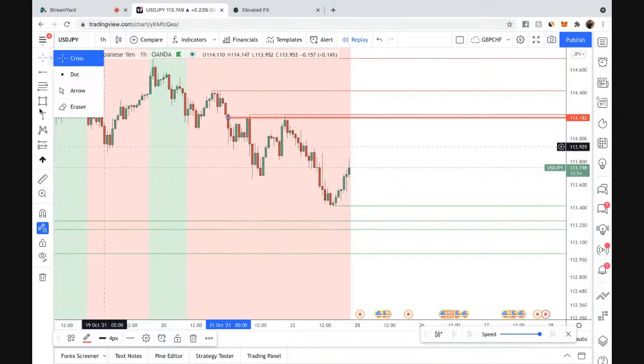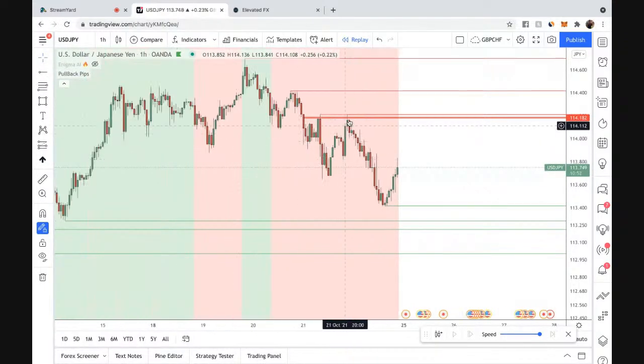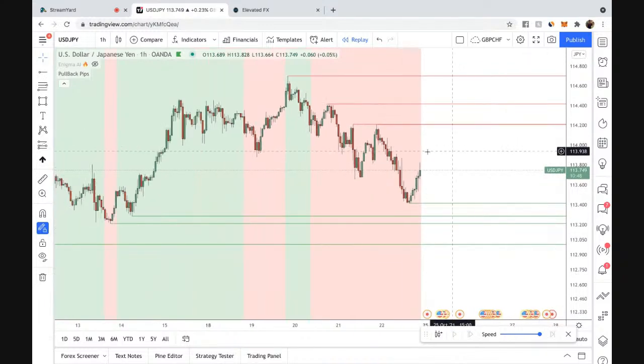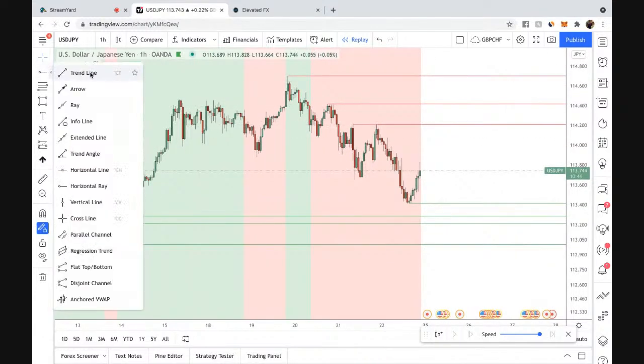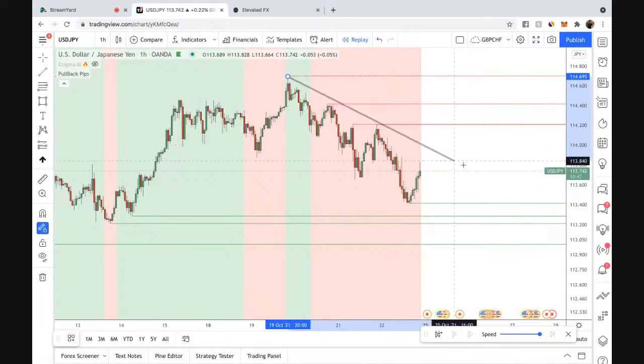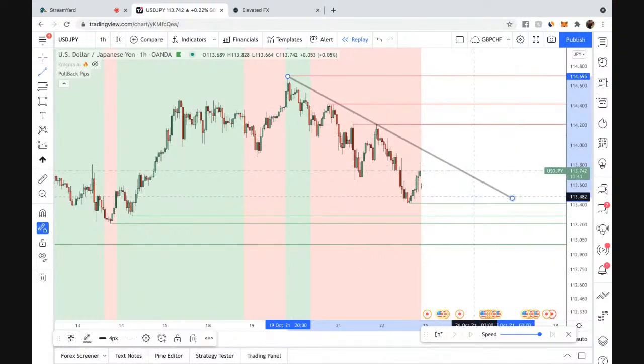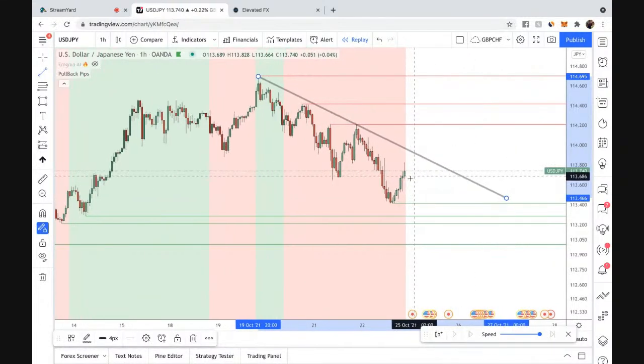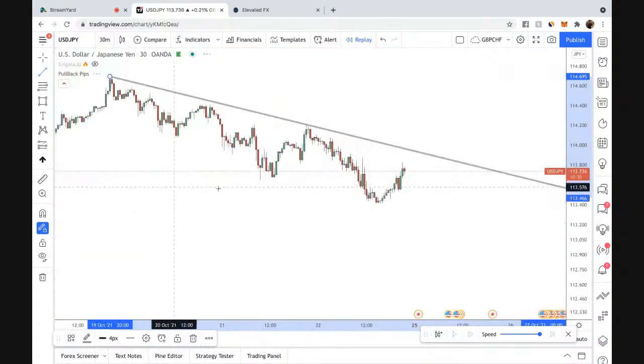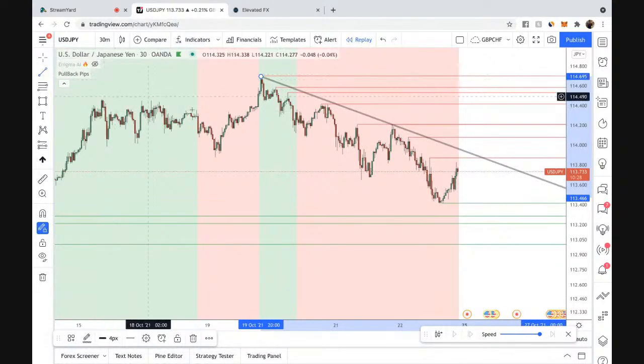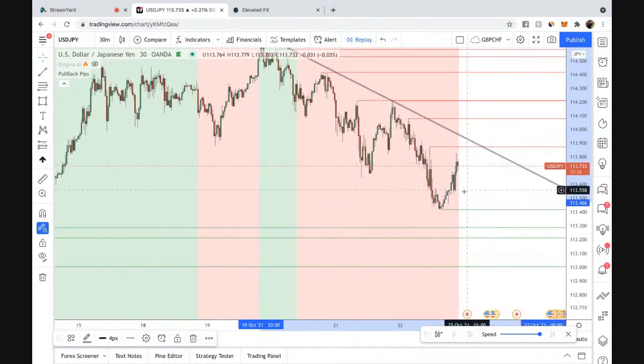Looking at this UJ, I'm going to keep this one very tight, because I know it could easily try to come up into these levels. But as long as you can restrict the market, it's going to help you at least measure what's happening. And if you have that restriction, you'll be able to see, okay, if it wants to just react off of this and drop to the downside, you know you have your targets, all right? So with UJ, I'm just going to be a little patient on it and do something like this.